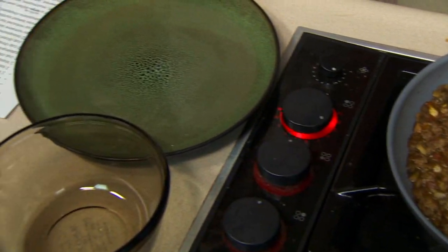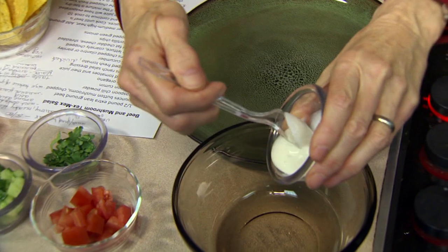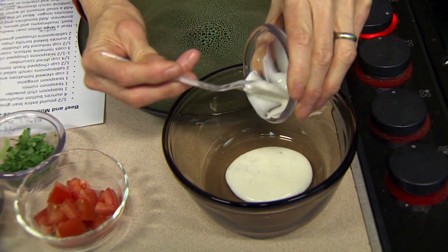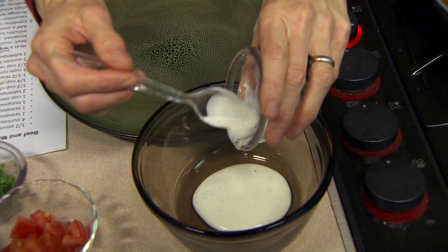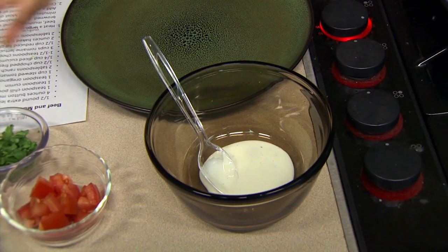While the meat and mushrooms finish cooking, we can go ahead and make the dressing. For this, I've got 2 tablespoons of ranch-style dressing. You can use a light or a fat-free if you choose. Sometimes I find that the lighter versions or the reduced-calorie versions don't have the texture and the mouthfeel that I like, but this would be an opportunity for you to use them